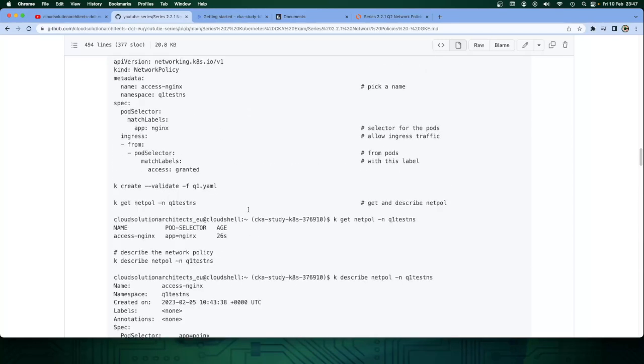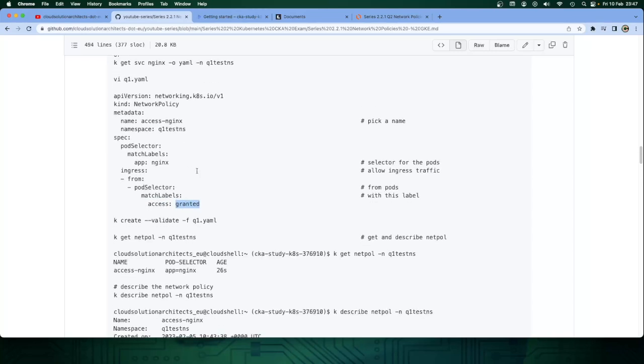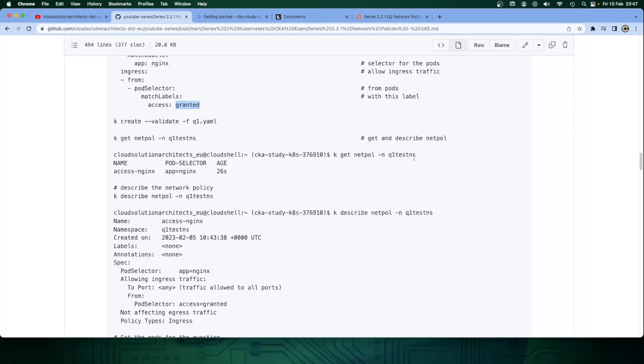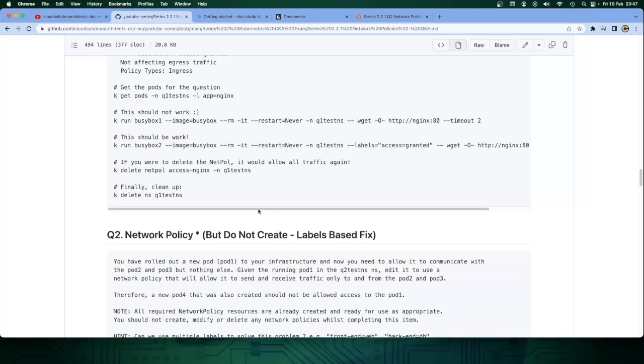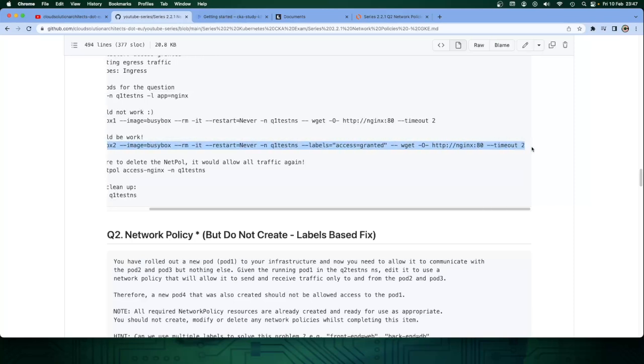Now, one thing with network policies that you need to be really careful about, especially in the exam, is that in your network policy, you've got access colon granted. That's how it's specified in the network policy. But when you describe and get your network policy, you can see that it's actually looking for app equals nginx. That's just Kubernetes formatting that you need to be careful of in the actual exam itself. So I'm going to take this command here, and I'm going to go back into my